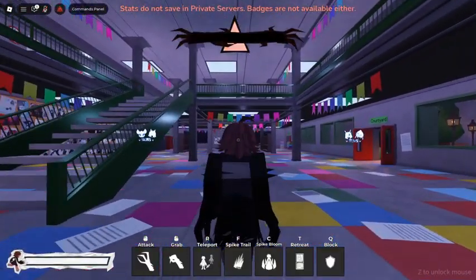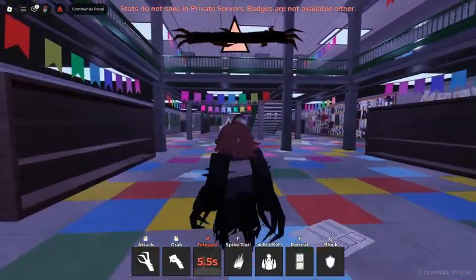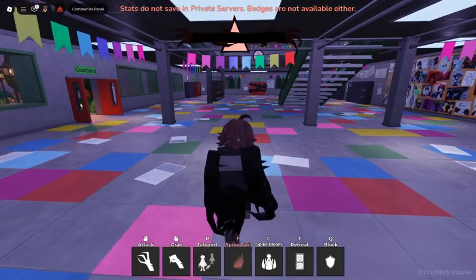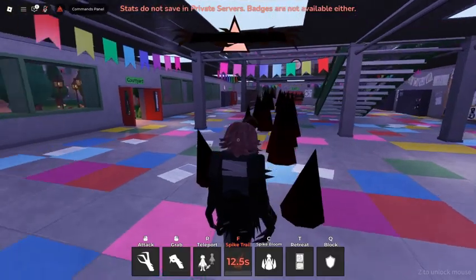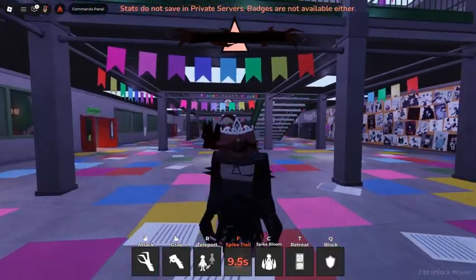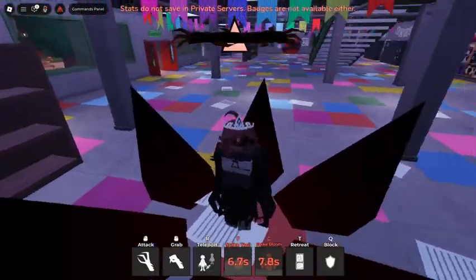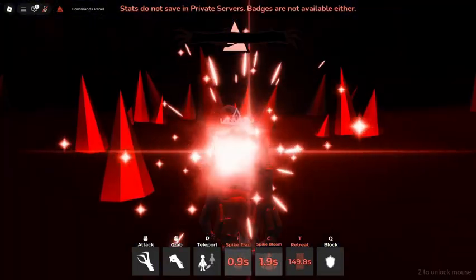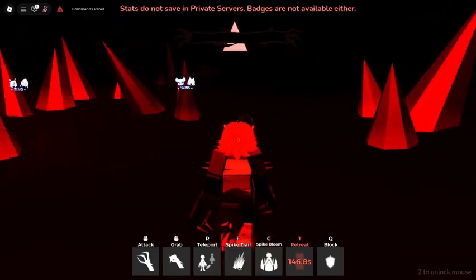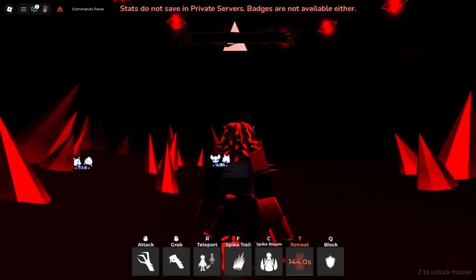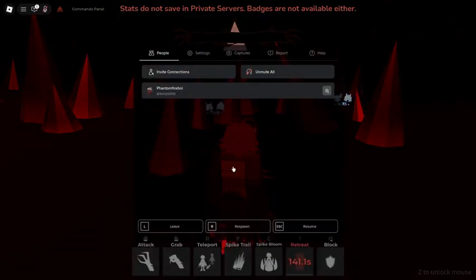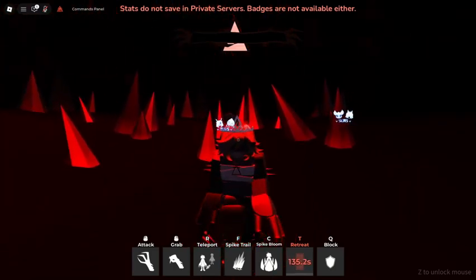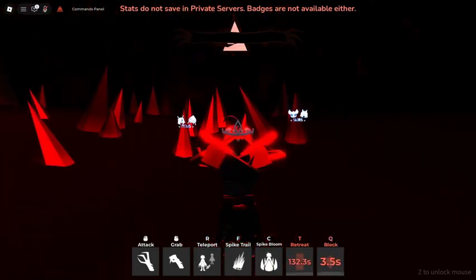But she has a teleport, which basically teleports you to the end of the hallway. She has a spike trail. So if I press F, she'll send a bunch of spikes. And she has a spike bomb, which summons a bunch of spikes around me. And then she has return, which allows her to go to her room. You can see now I'm in Alice's room. Now I can't really get out unless I respawn, so let me do that real quick. But basically, that's all of Alice's abilities. She also has a block too.